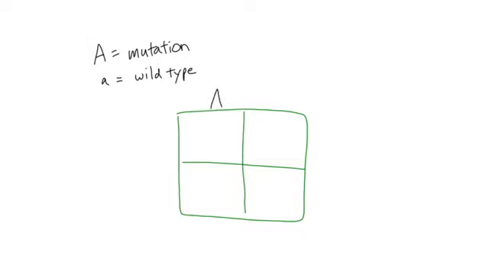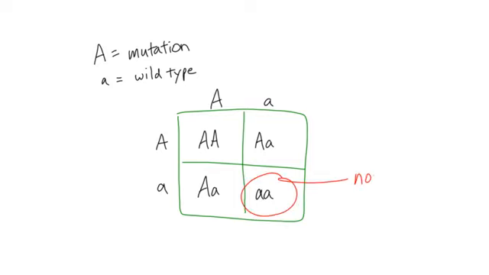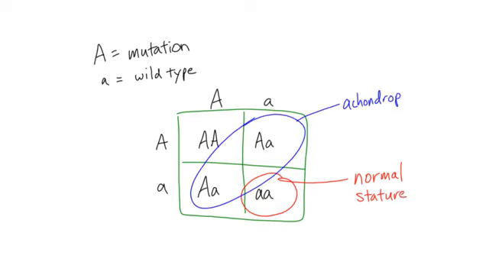But if you have an achondroplastic couple who had a child, so mom and dad both have achondroplasia, what would be the likelihood of having an achondroplastic child in that scenario? So again, assuming that the parents are both heterozygotes, there would be a 25% chance that the child would have normal stature and would not be affected. There would be a 50% chance of the child being heterozygous and therefore achondroplastic. And there would be a 25% chance that the fetus would be homozygous for the mutated gene and would therefore die in utero. That's why it's pretty safe to assume that both of these parents were heterozygotes to begin with,